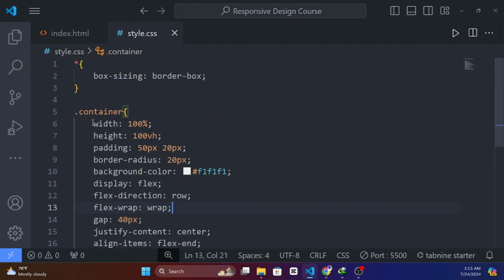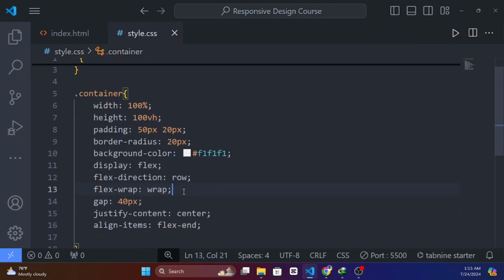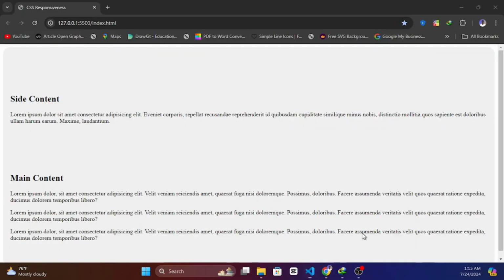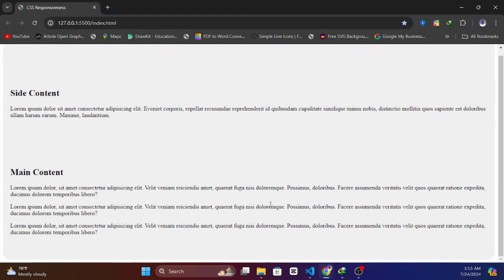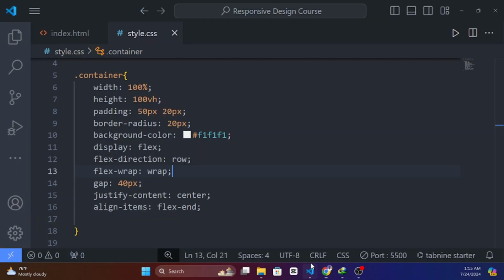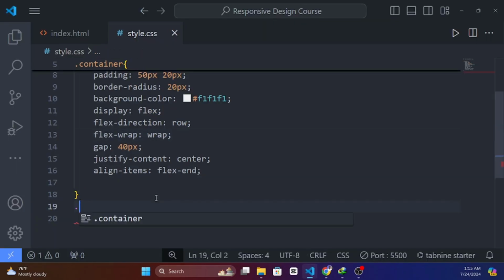So now we have the width 100%, the height should be this. This is the pattern. So now if I open, then we'll have this over here. So let's start styling. I'll grab my side content, then I'll grab the main content. I want to apply this style to both of them. So main content,